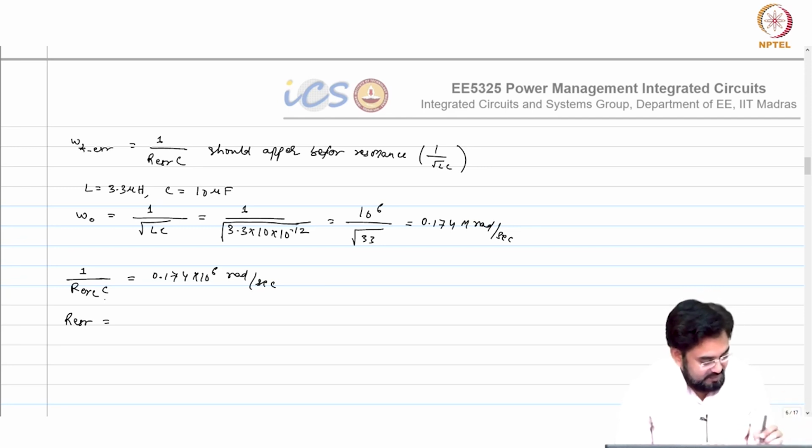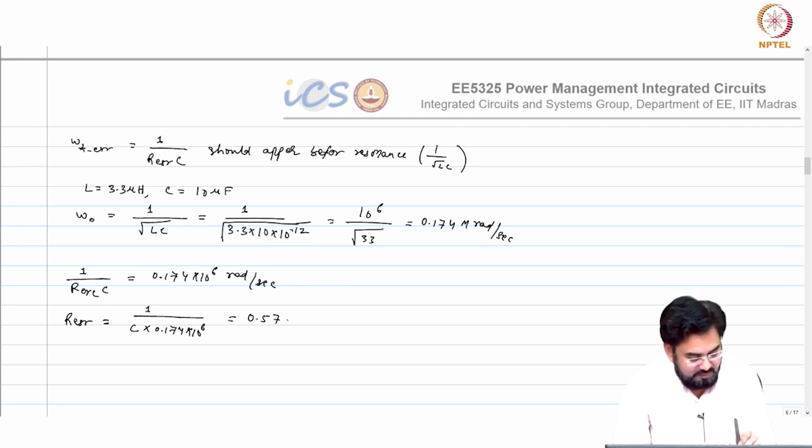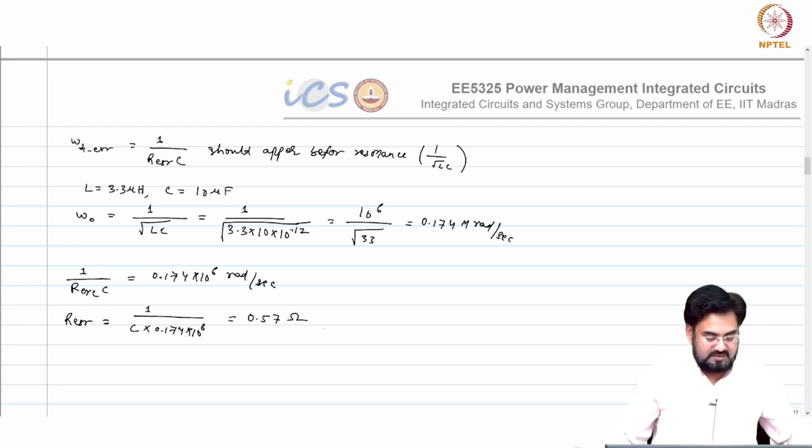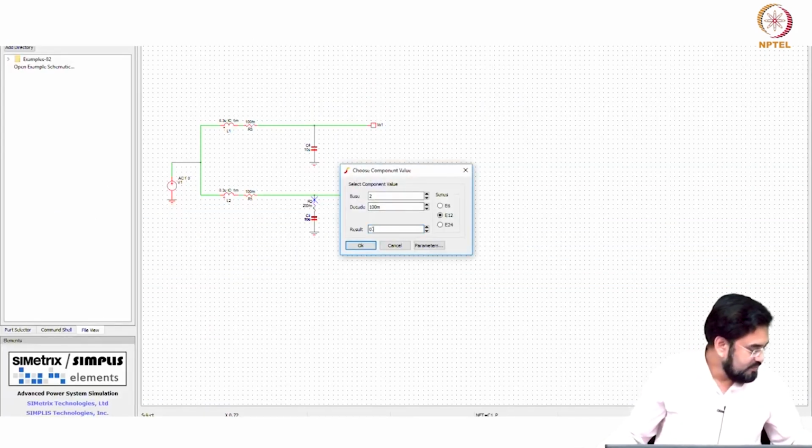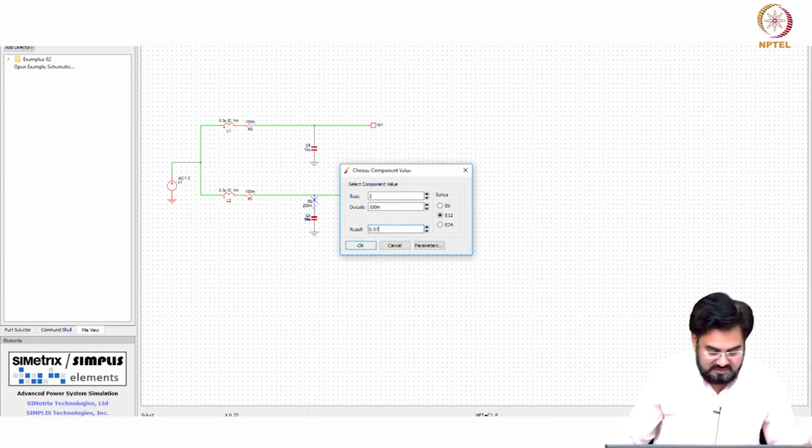So can we tell quickly what is the value of R ESR? So 1 over C into 0.174 into 10 power 6. How much is this? Okay, 0.57 ohm. It's almost half an ohm, which means if I put this 0.57,